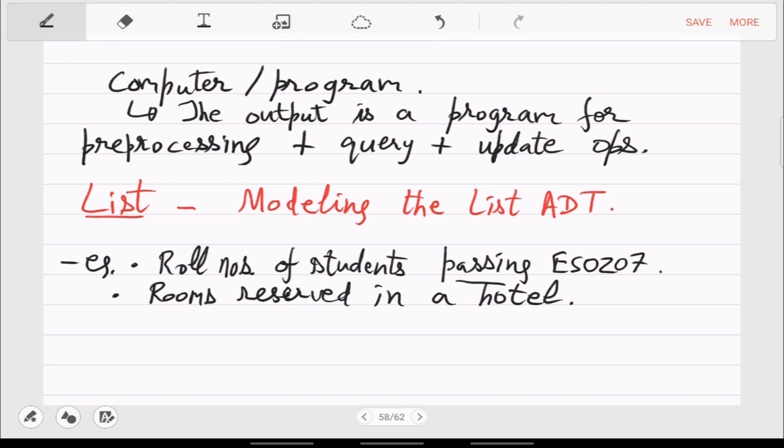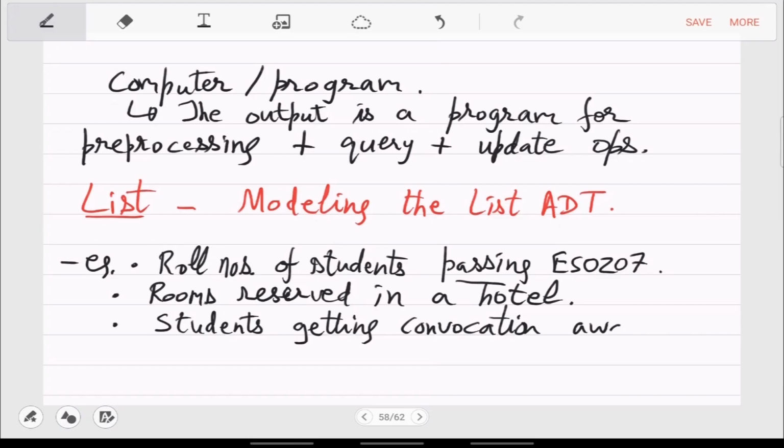So this ADT you have to properly model and then implement, and so on, like students getting awards in the convocation. So these are very different examples of real problems, and the operations also are completely different based on the context.